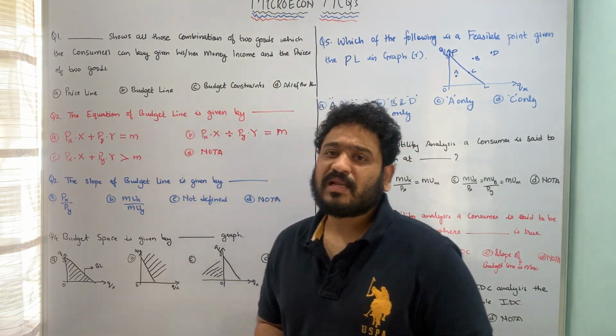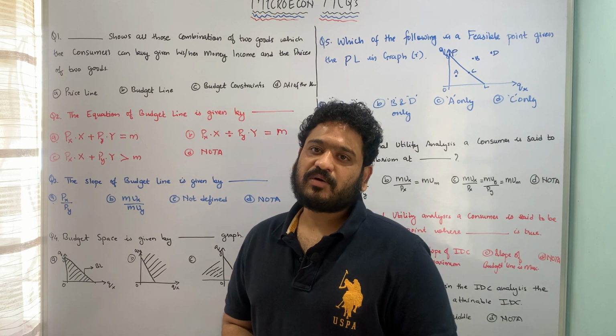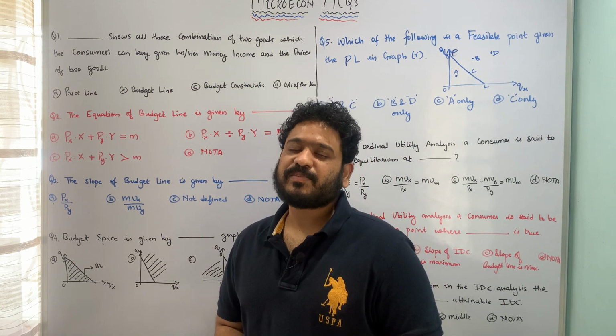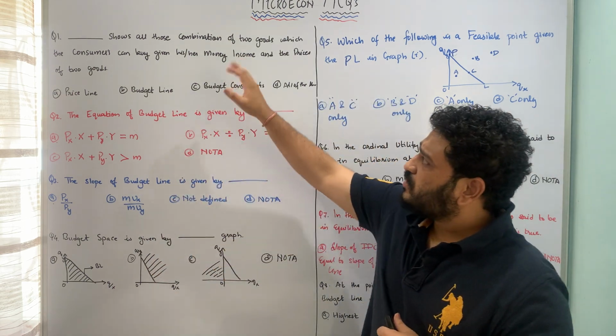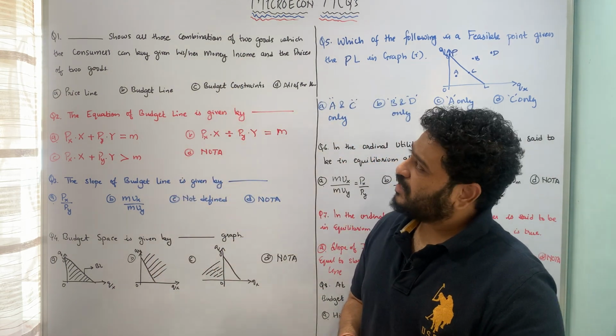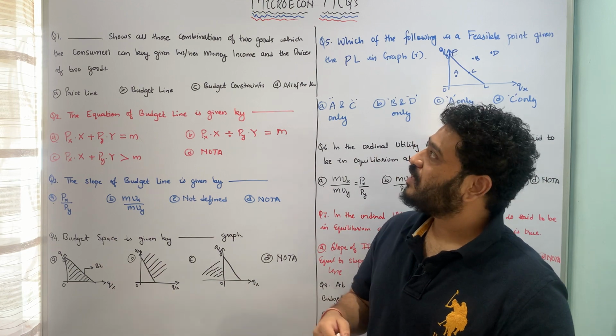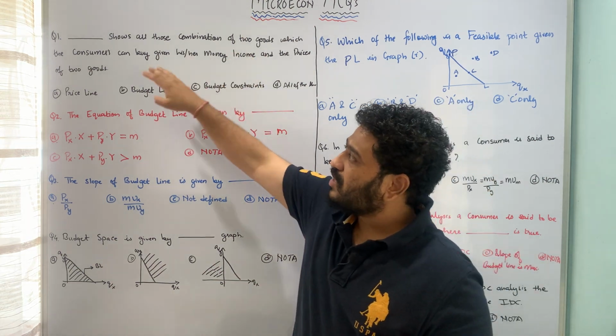In today's class, I'll be dealing with multiple choice questions with respect to microeconomics, which is the special economics paper for SYBA as well as MA Part 1. So let's get started. The first question is: dash shows all those combination of two goods which the consumer can